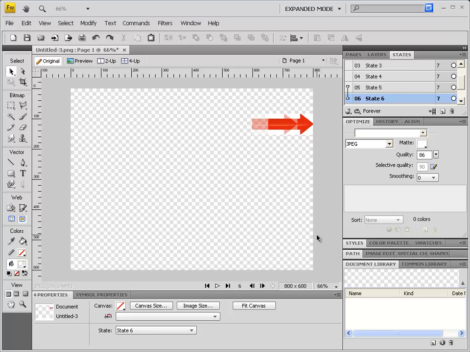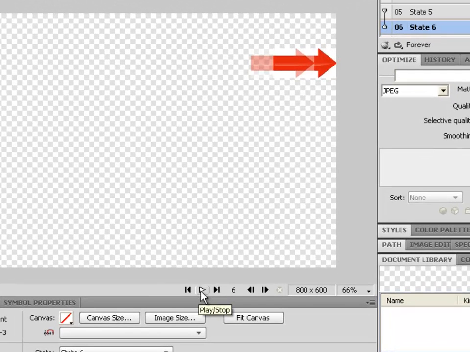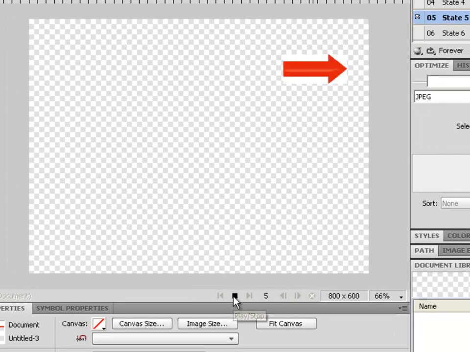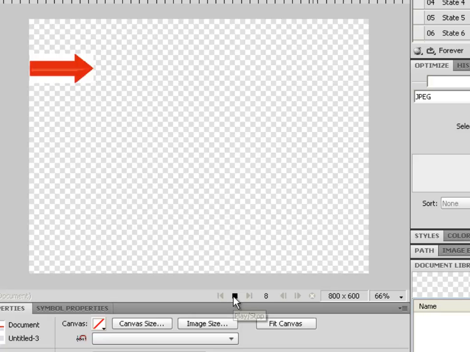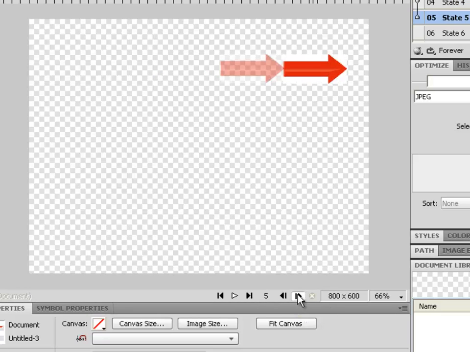Now we can actually preview what our animation looks like. There's a little play button down near the bottom of the Fireworks screen right above the Properties panel. We can click on the play button and we can see what it's doing. It looks like it's kind of lagging at the very end when it goes back to the first frame. And also we can stop this and then click on the arrows to go to the next state